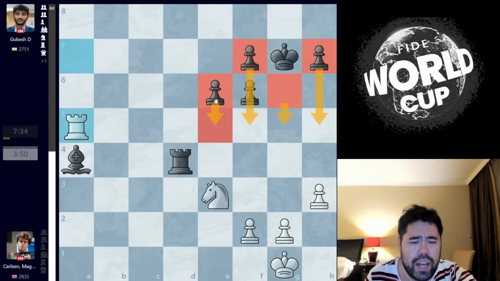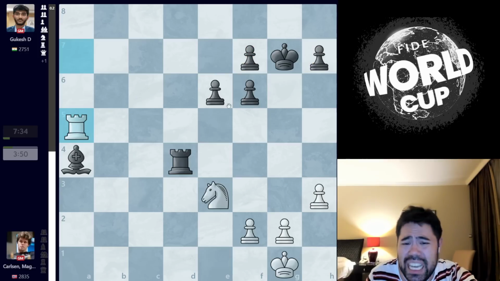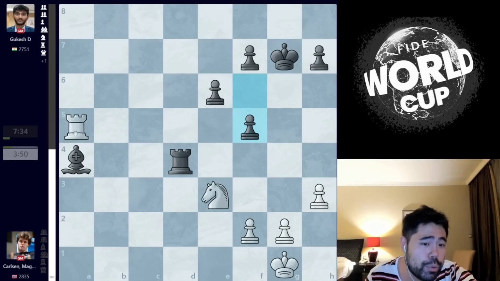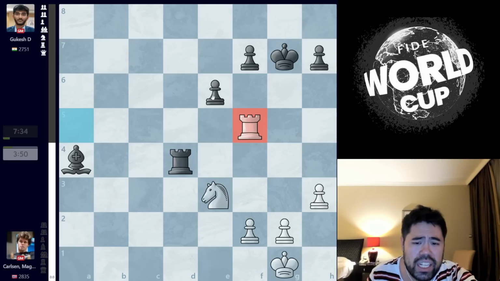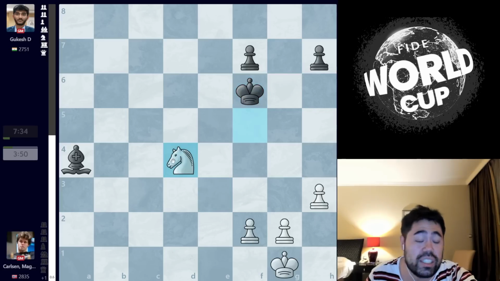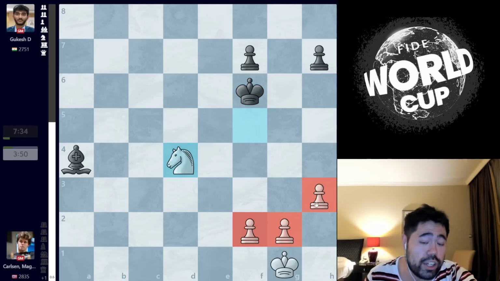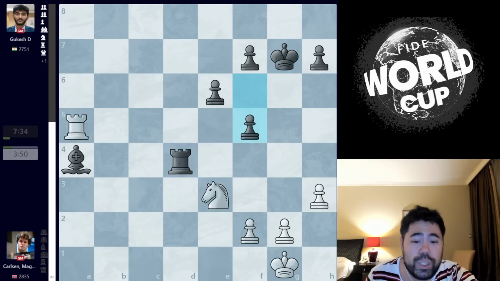Here, we get rook to a5 being played by Magnus. An excellent move trying to stop black from pushing the pawn. You'd love to play f5 here, but white has a tactic with rook takes pawn. You can't check because I just take your rook. And if you take the rook, rook takes king f6, knight d4, suddenly white's the one trying to win with the extra pawn.